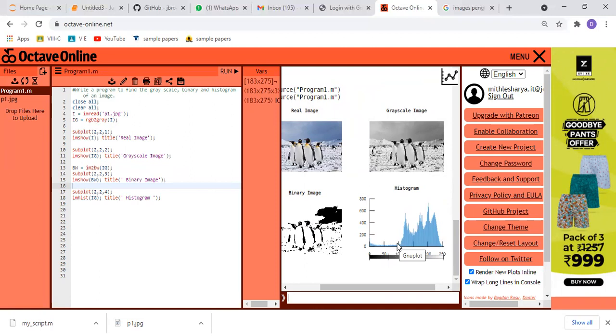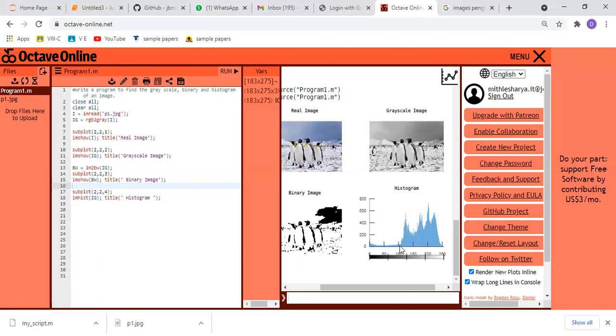Then from 100 to 255, the intensity values are very high. That's why the histogram is higher here. So execute this program in your MATLAB.